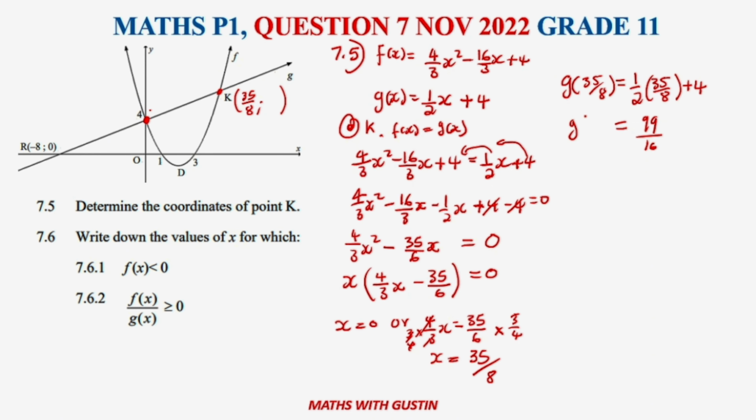Please guys, don't stress yourself with these fractions, just put them into your calculator as they are and allow your calculator to deal with this. Therefore the coordinates of K would have to be 35 over 8, 99 over 16. All right, and that's how you would deal with a question like this one. So moving right along to